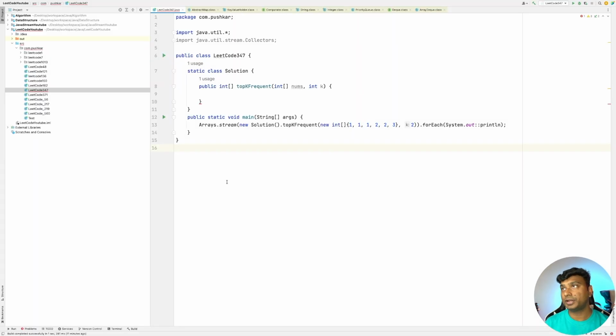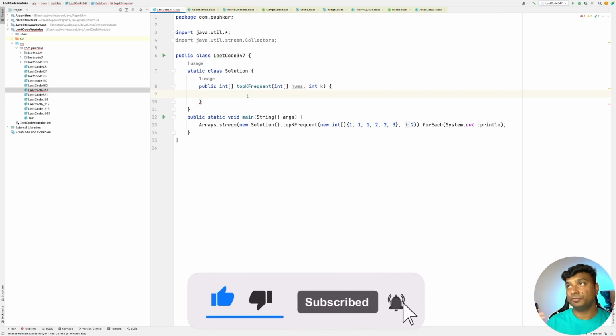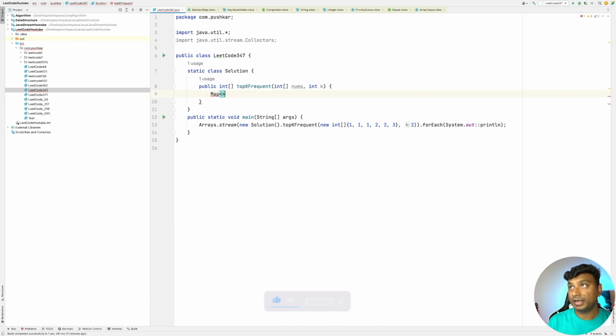As you can see, I have already created a public static main to dry run the sample test case. Let's first create a map that contains the frequency of each element. For that, I will create a Map of Integer, let's name it frequency map, and let it be a HashMap.